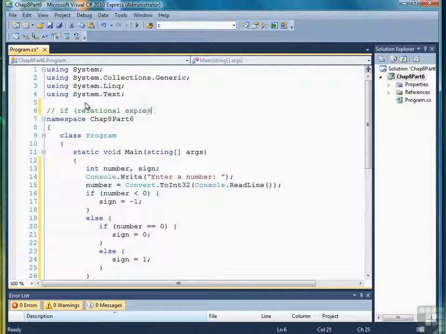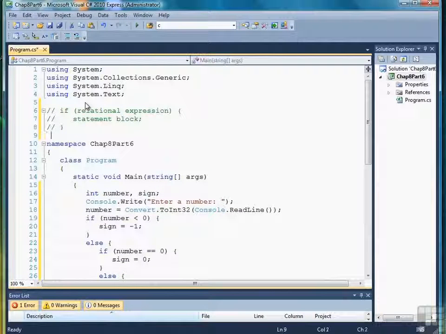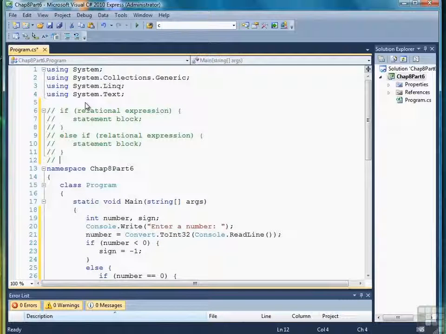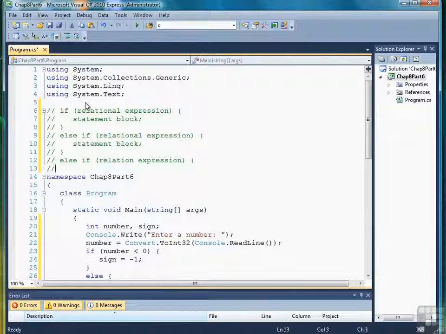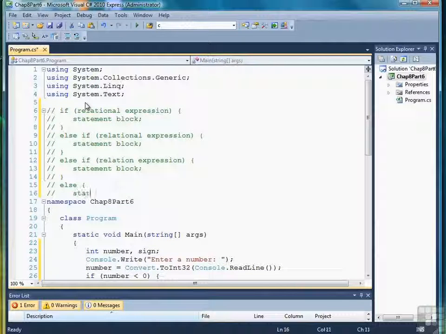If relational expression, and then the statement block, followed by else if and another relational expression, again followed by a statement block, followed by another else if you need it, with a relational expression. And this will continue on for as many conditions as you need to test. And then finally, you can end it with an else, with a statement block, of course, and then close off